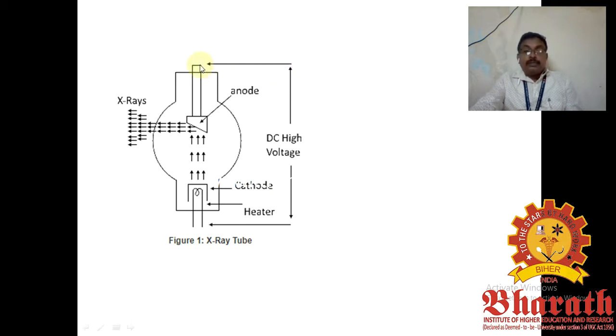Then you can see between the anode and the cathode, I am going to give a DC high voltage potential here. So, this makes the flow of electrons between the cathode and anode, or the movement of rays between the anode and the cathode, right. From the anode you can see the position is such that it will tilt the rays to fall over the region, and it gets multiplied when it is in the heater mode, right. So, you can see this emits the X-rays, right. This part alone is known as the X-ray tube, right.